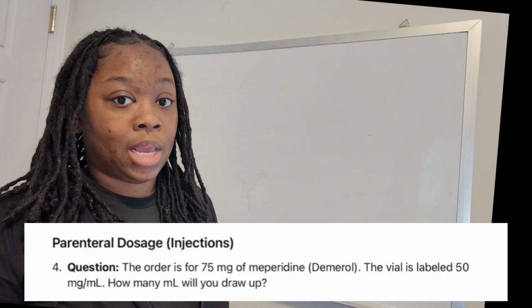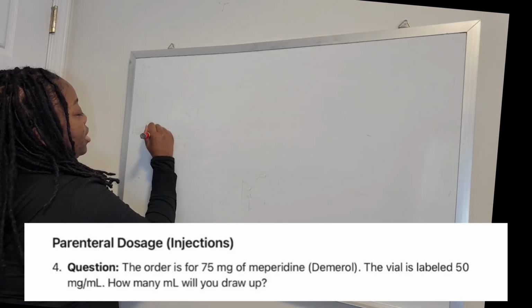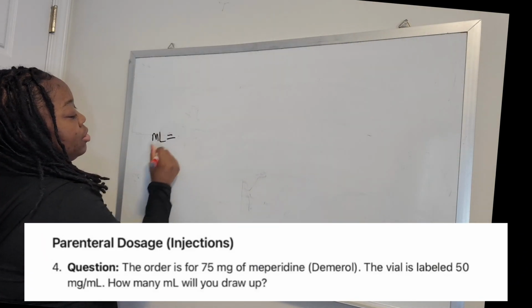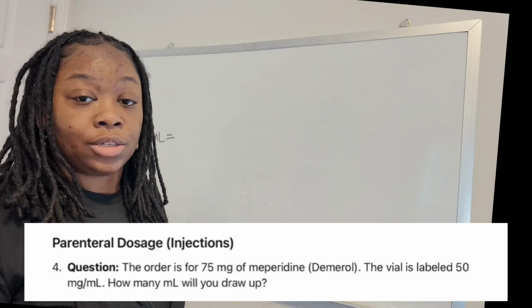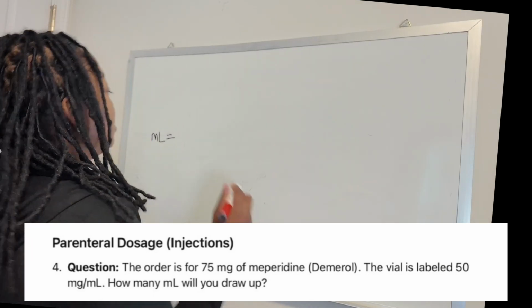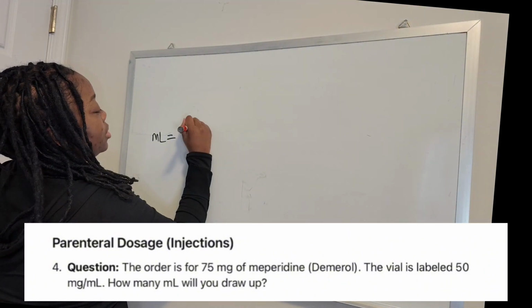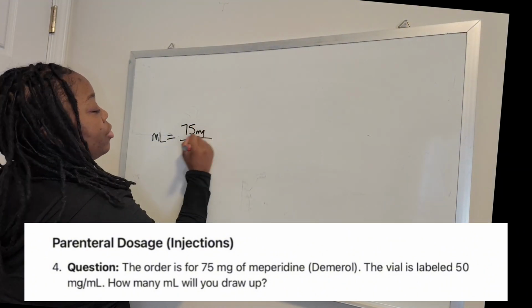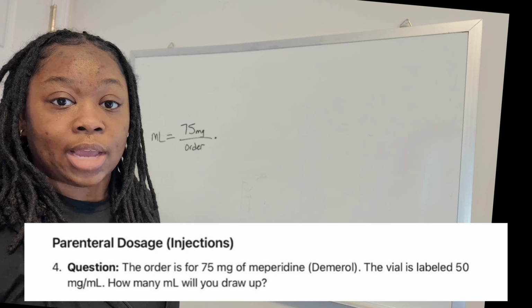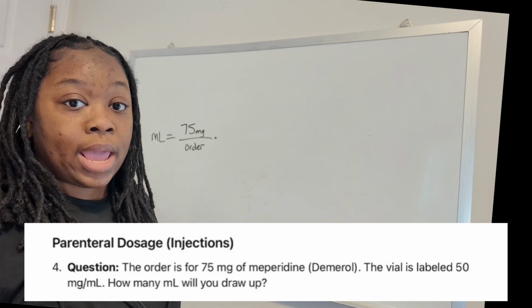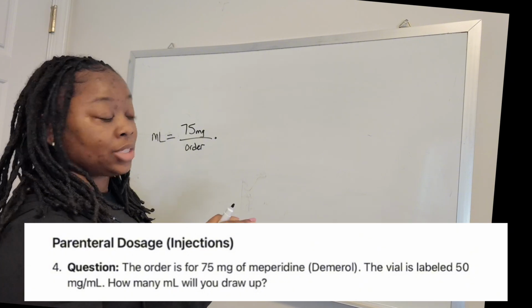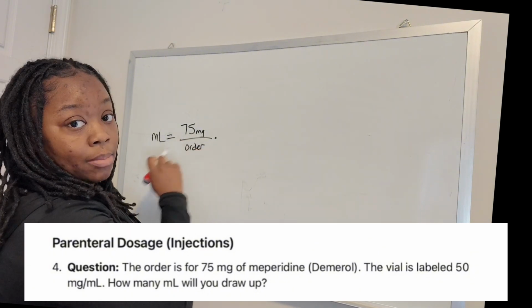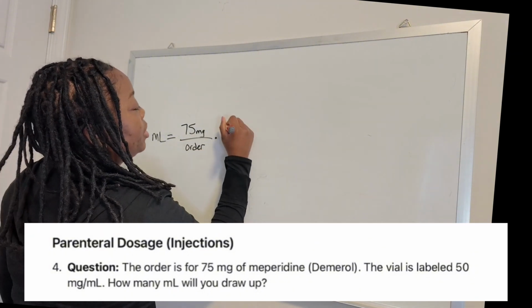It's asking how many mLs would you draw up? So we're going to put mL to the side because we know that that's what we want to end with, right? So now we look at what the doctor ordered. The doctor ordered 75 milligrams. We're going to put that at the top. 75 milligrams per order. Then we're going to look at what do we have on hand. On hand we have 50 milligrams per milliliter, right? So I'm going to flip the equation so that I'm able to cancel out my milligrams. So I'm going to put 1 mL